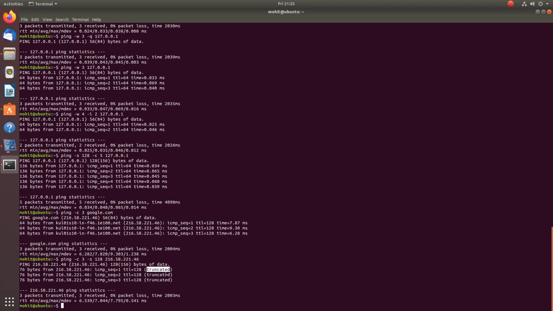So this size option is mostly helpful when you want to test the MTU, or the maximum transmission unit in the network, and if there is a packet loss of big packets, or big frames, you can test it by specifying the size.